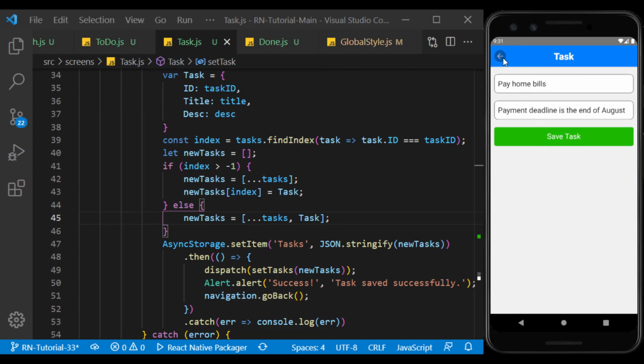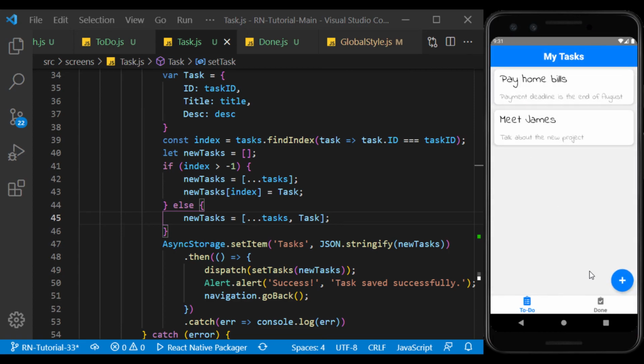So there we go, we created a to-do list that has the ability to create and update tasks. So in the next video, we will work on completing the tasks and add more features to it.